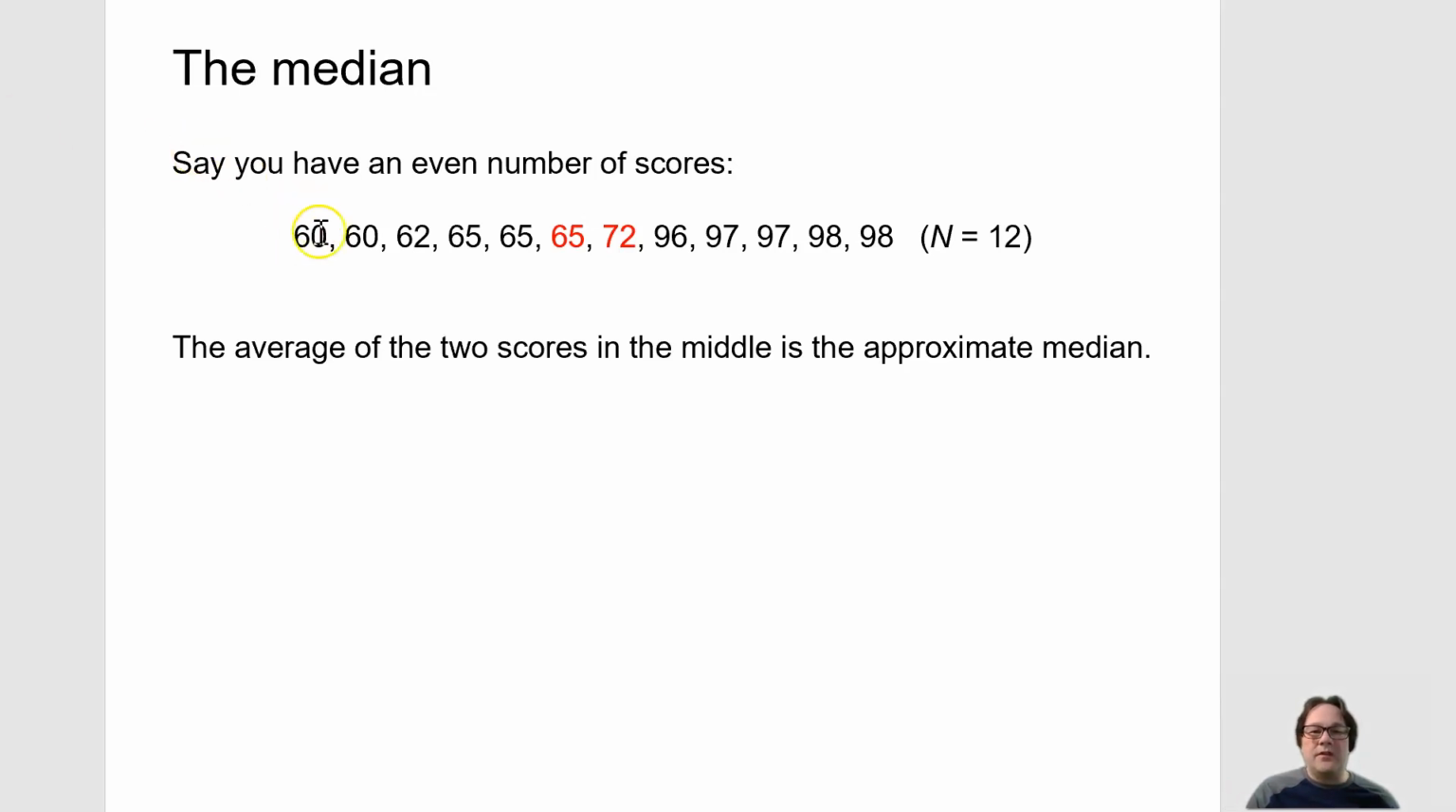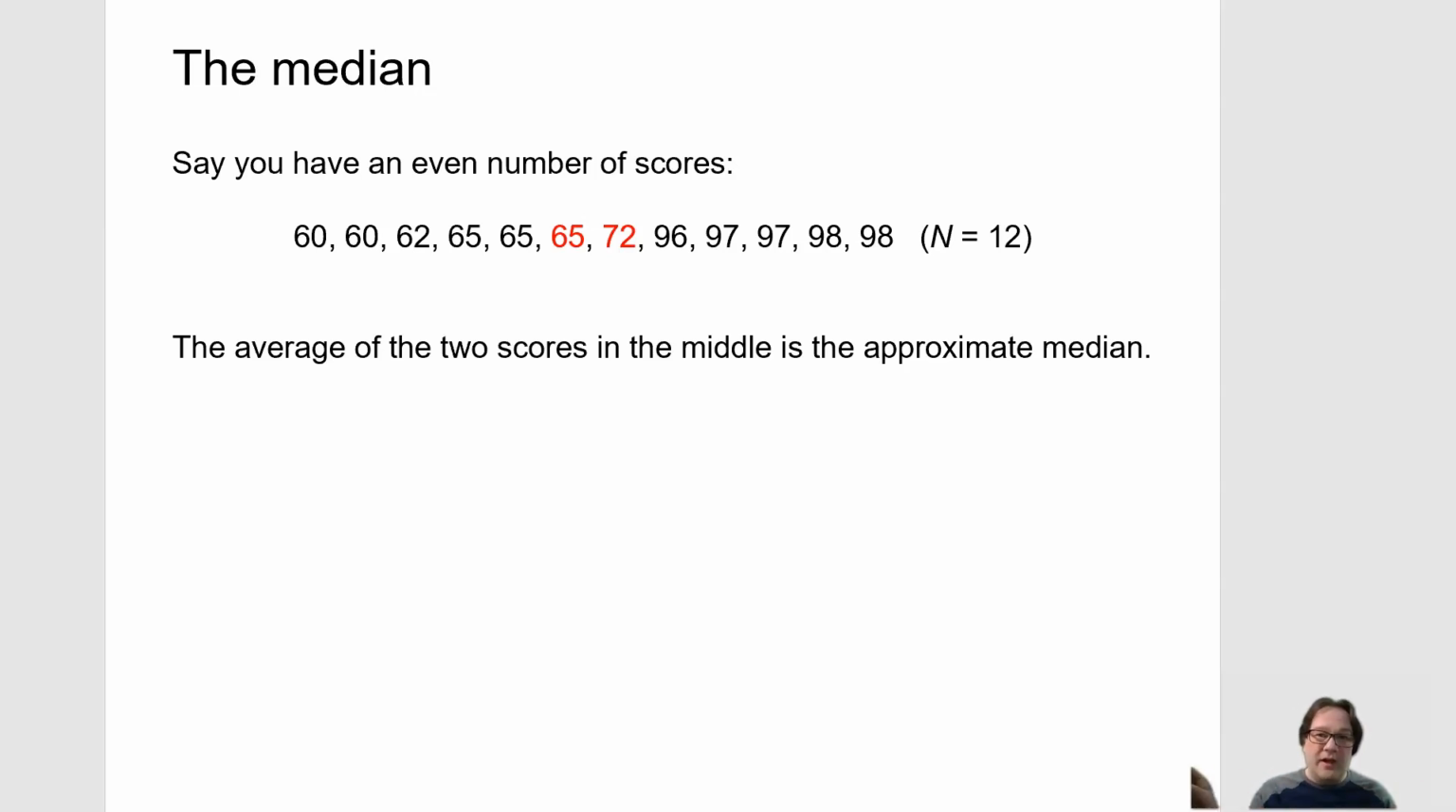So we could count. There's 1, 2, 3, 4, 5. And then after 72, there's 1, 2, 3, 4, 5. Right? So above these two scores, we have half of our distribution, and below these two scores, we have the other half of our distribution. So we know that these are the middlemost scores. So once we've identified the two scores that are smack in the middle,